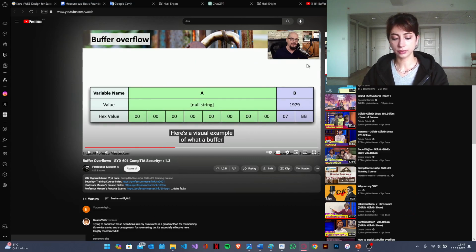And this is another example, a visual example of what a buffer overflow might look like. In this particular slide,